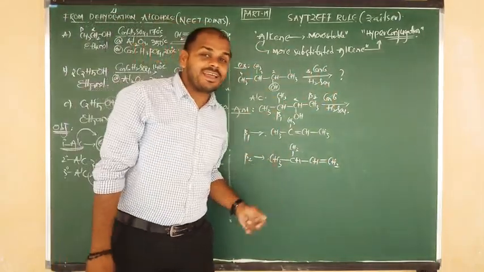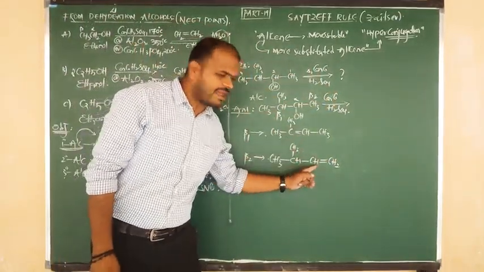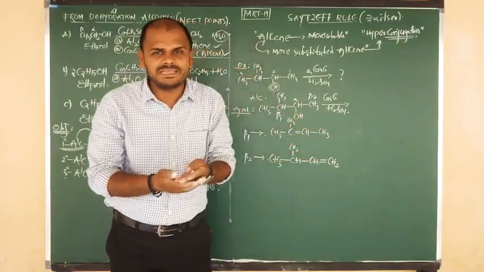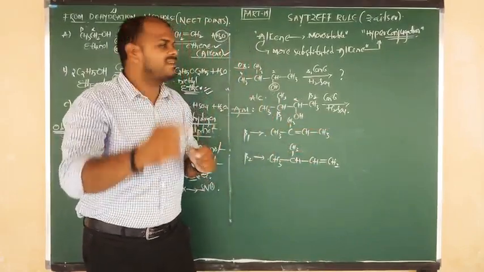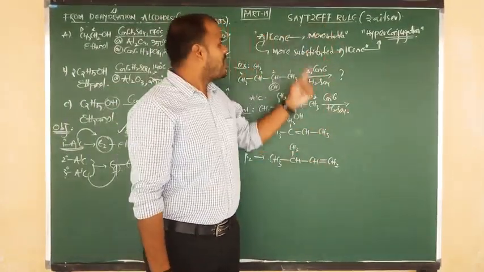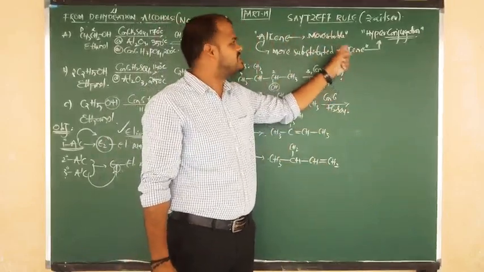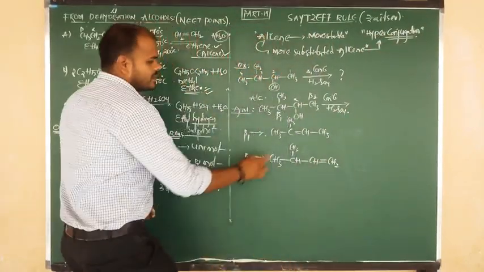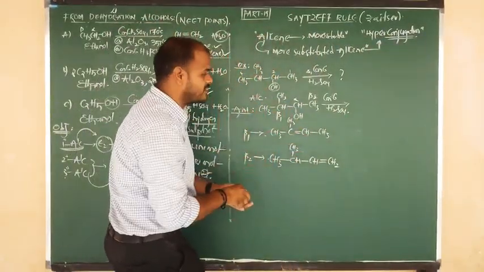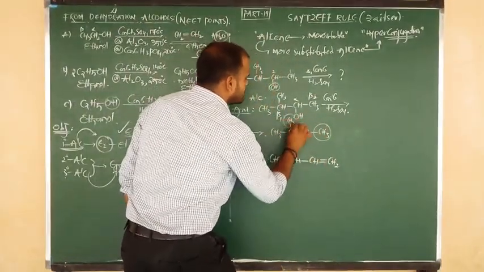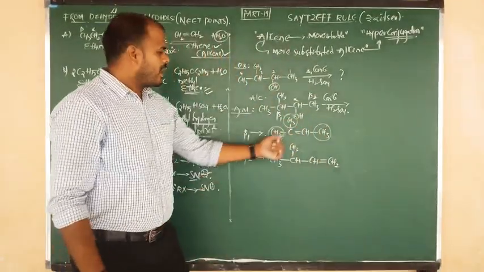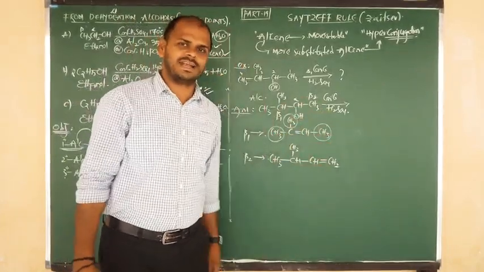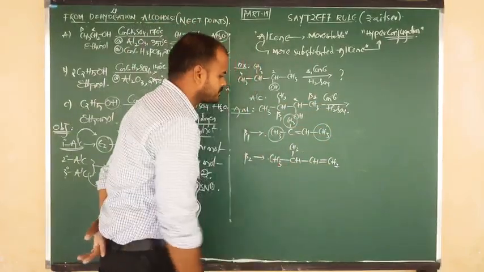Now, how many products are you getting? 2 alkenes you are getting. Of the 2 alkenes, which one is the major product and which one is the minor product? How can you decide? We can decide on the basis of Saytzeff rule. A more substituted alkene is more stable due to hyperconjugation. Good. So this is the alkene. How many substituted groups are there? 1 substituent, 2 substituent, 3 substituent. Around the C double bond C, how many substituent side chains are there? 3 alkyl side chains.